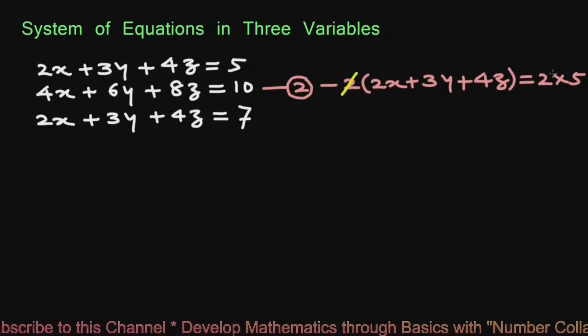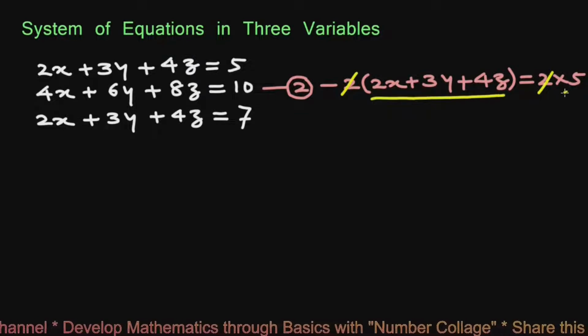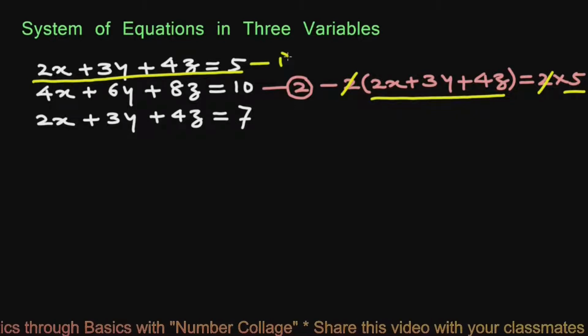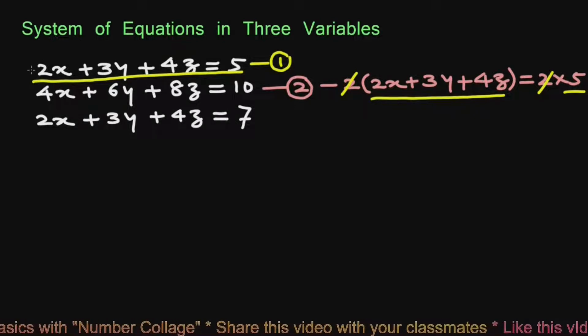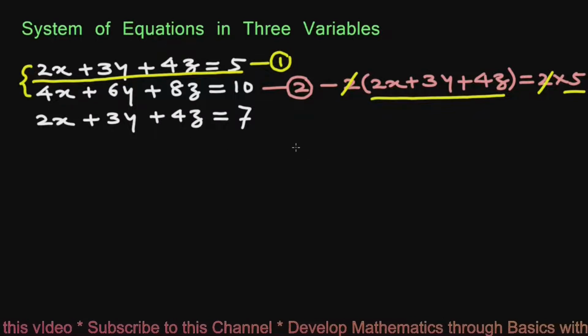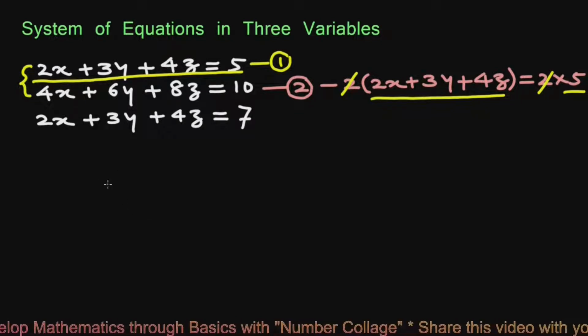Cancelling 2 from both sides, we get 2x plus 3y plus 4z equals 5, which is the same equation as equation 1, which means that first two equations represent one and the same plane or two coincidental planes like these,